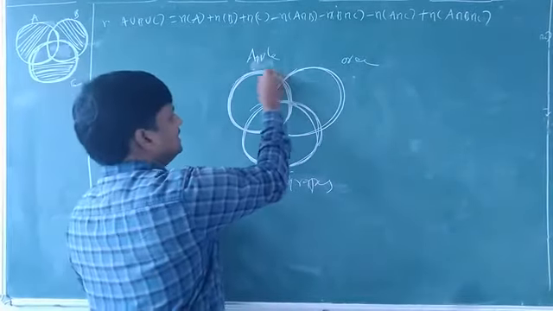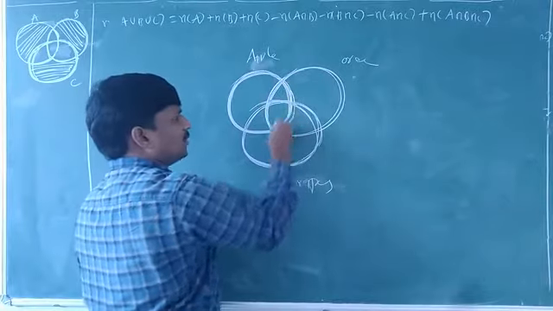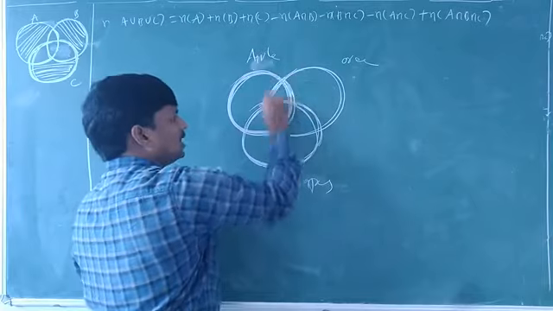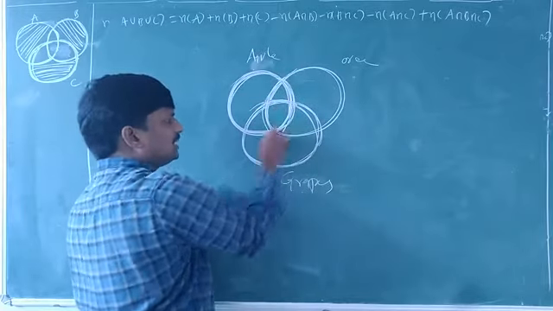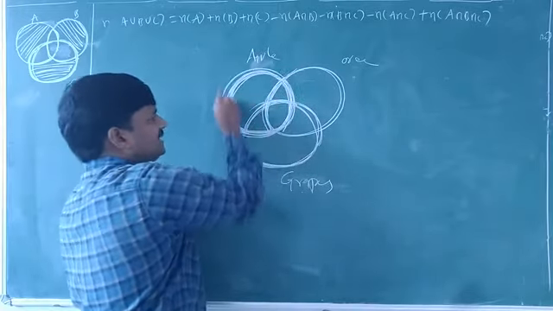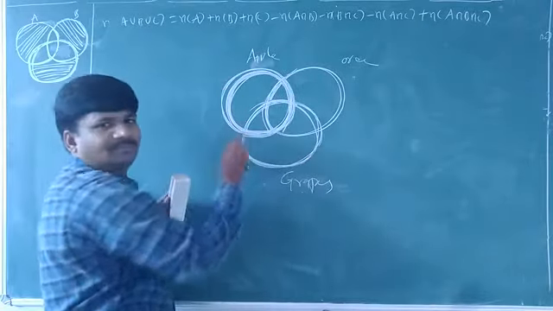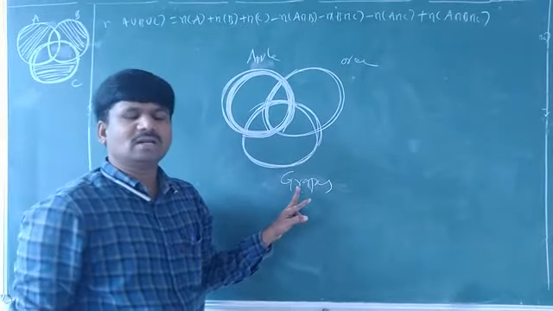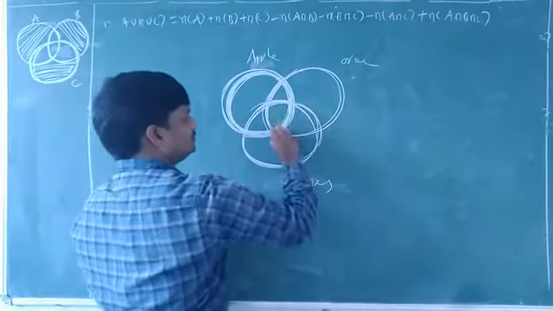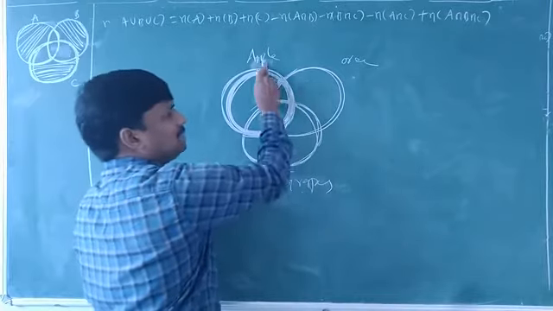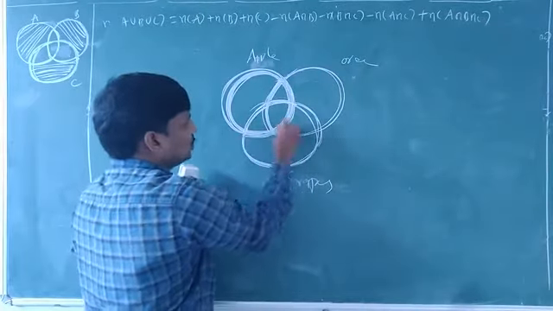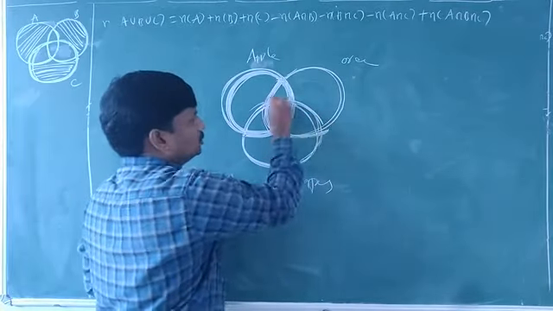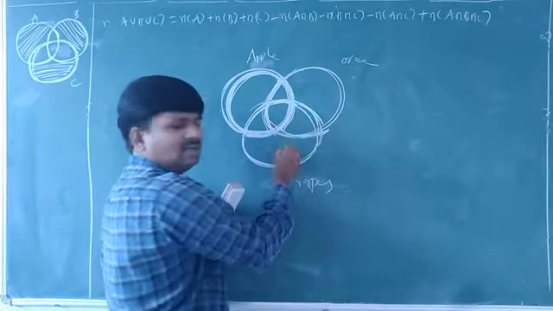Okay, just observe here. In this apple juice, who are there? What about this one? Orange juice people are there. In this A, orange juice people are there and grapes also are there. In this set, who are there? The people taking apple juice, orange juice and grape juice are there. What about this one? The students taking apple juice and orange juice only. What about this one? The students taking apple juice and grape juice only. What about this one? The people taking orange juice and grape juice.